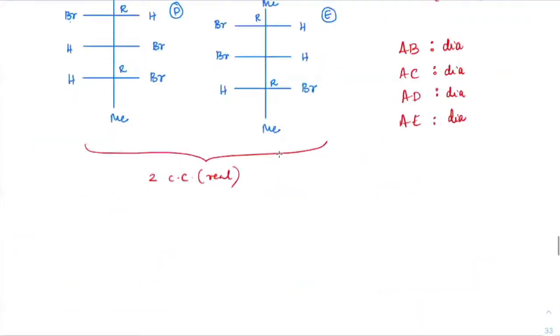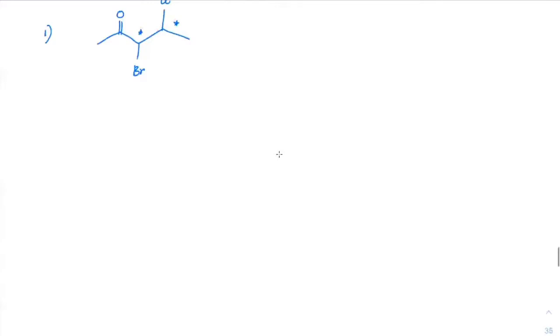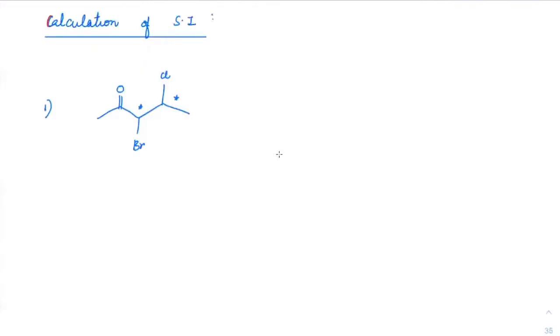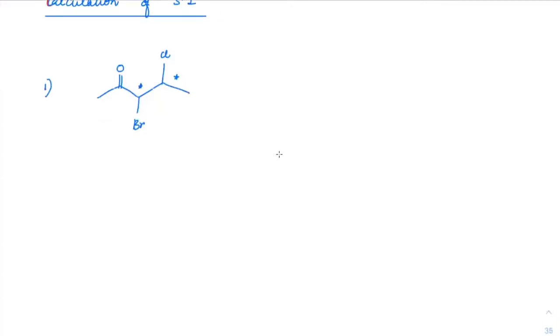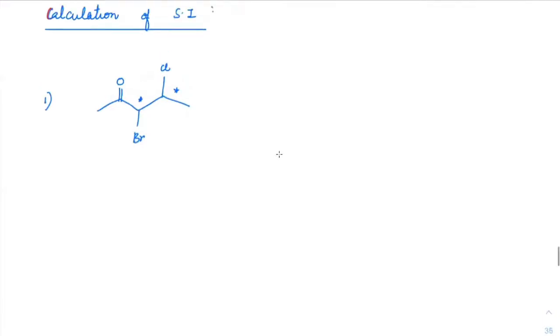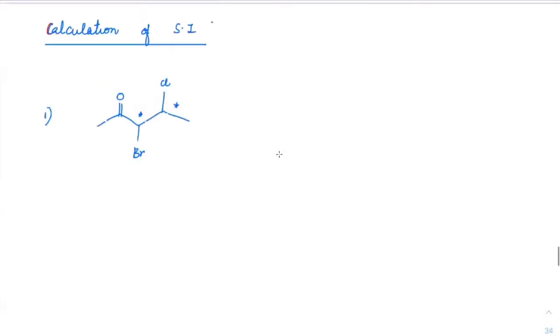So assume I take that as an S. Now comes the complete calculation of all the forms: enantiomers, diastereomers, total pairs, number of fractions, total number of optical isomers. Everything we will calculate with respect to a molecule. We will follow the same algorithm for all the questions. One question you will do along with me, the second question you have to do on your own.